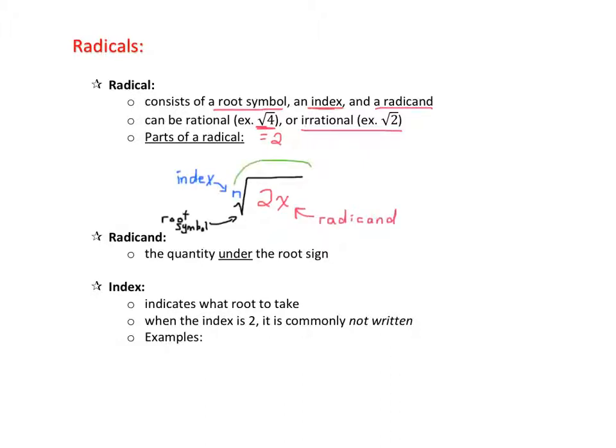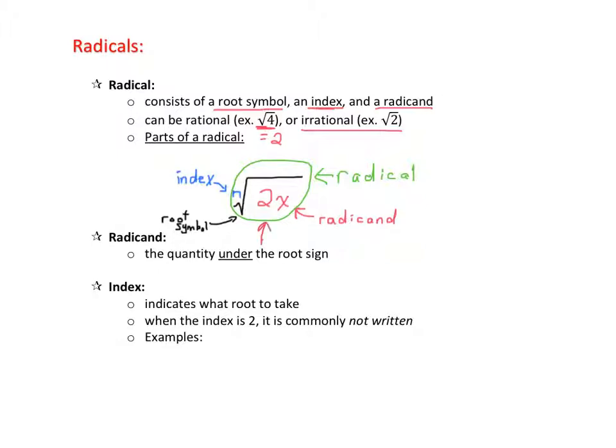The whole thing, all put together, is what we call a radical. Remember, your index is an actual number. N is just representing the number. So just looking at our definitions, the radicand is the quantity under the root sign all the time,